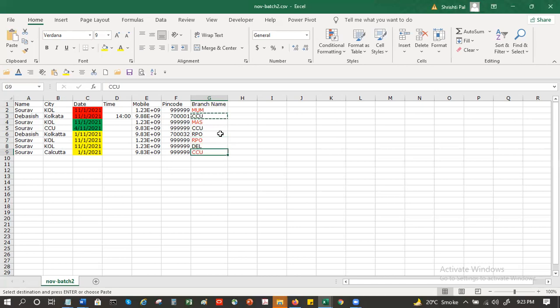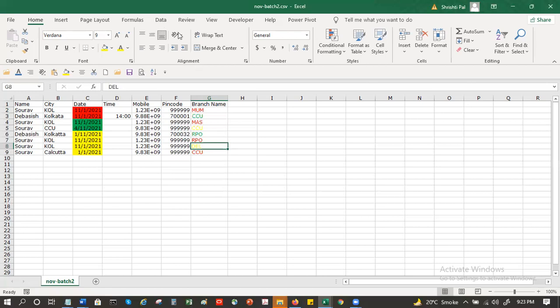All these are red. Then I did the green ones. Yellow, green, yellow. I made them manually, right? Are you with me on this? Yes, yes, I'm getting it, sir.